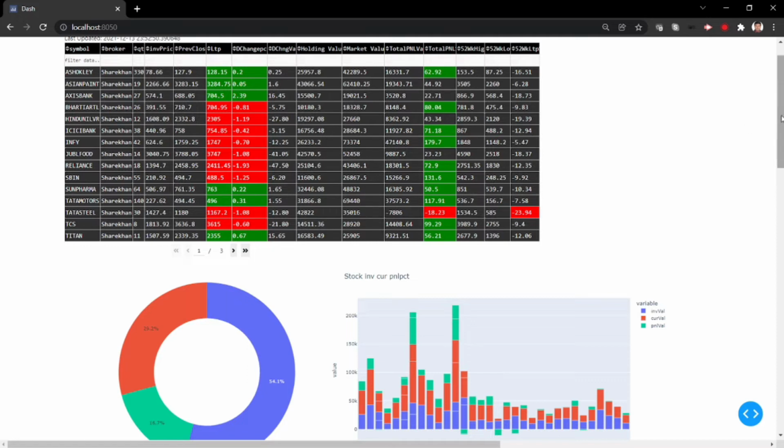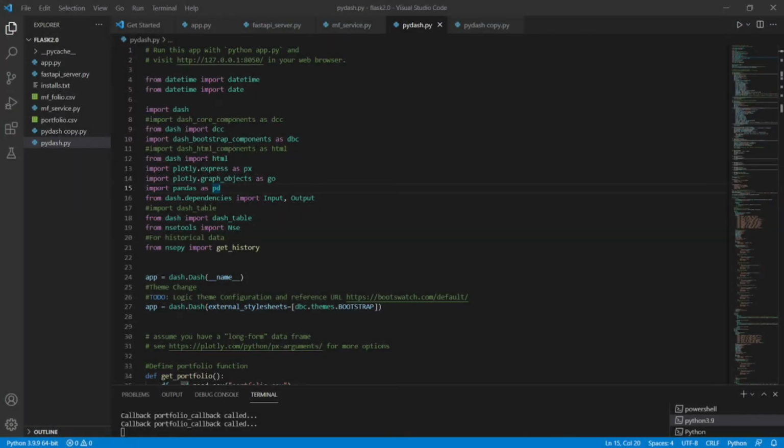I will walk you through this code, how this loading happens through the icon and styles in the code shortly. Without further ado, let's dive into the code. So let's see, as you see here,